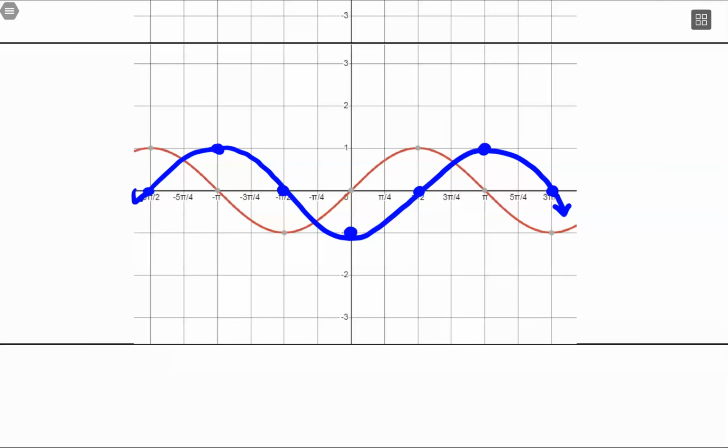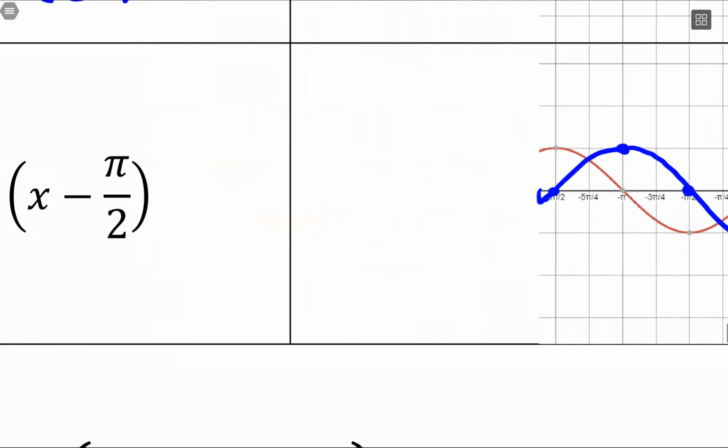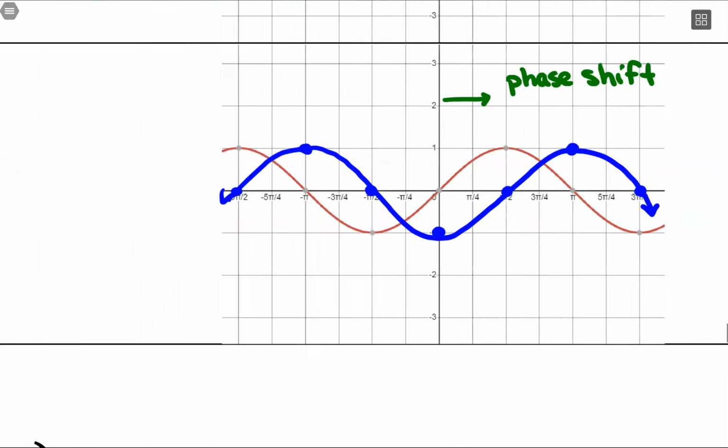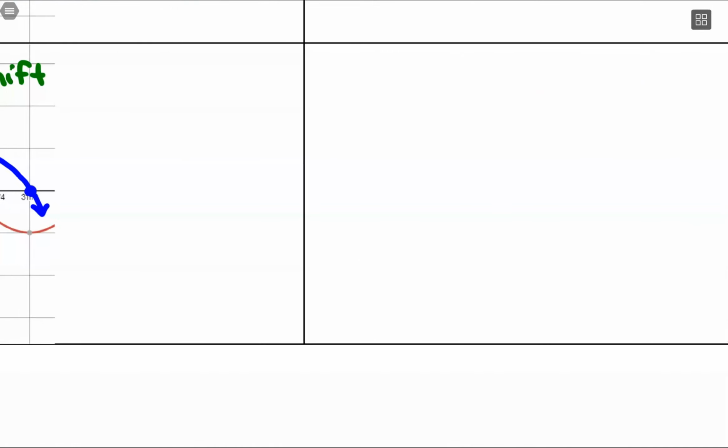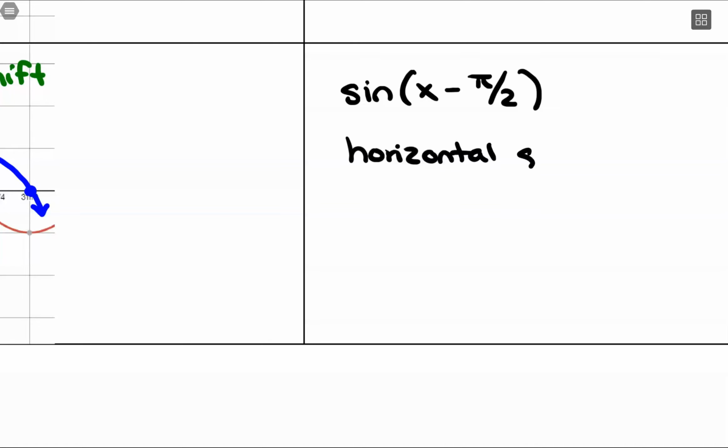What's occurring here is called a phase shift, shifting the phase of our graph over. And in this case, it's a shift to the right. So seeing that sine of x minus pi over 2, reading that, it's a horizontal shift right